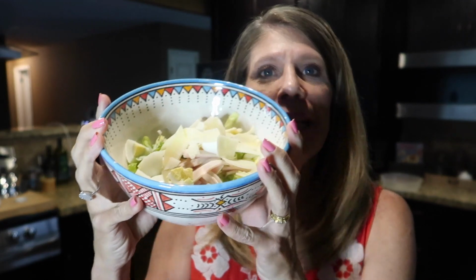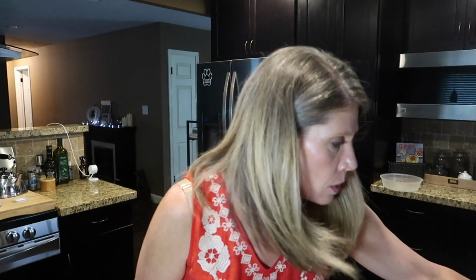I put it in a big giant bowl, although it's not a big giant salad. But in here is some romaine, some sliced up turkey breast, some cheese, and a diced up boiled egg. If I had some avocado, I would throw that in here, although I don't. But I am gonna put this on here. I need to go to the grocery store. So we're rushing through this real quick,